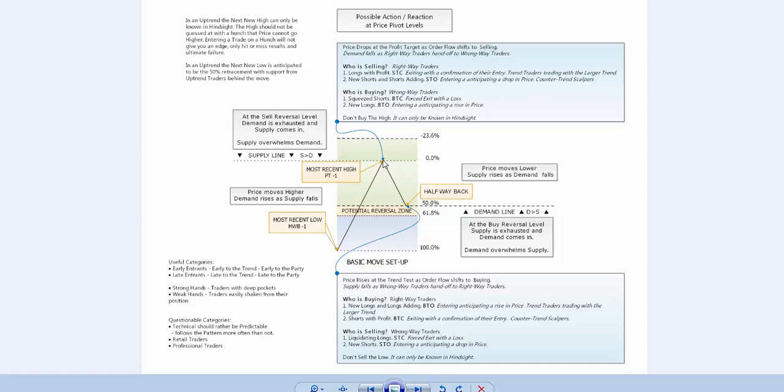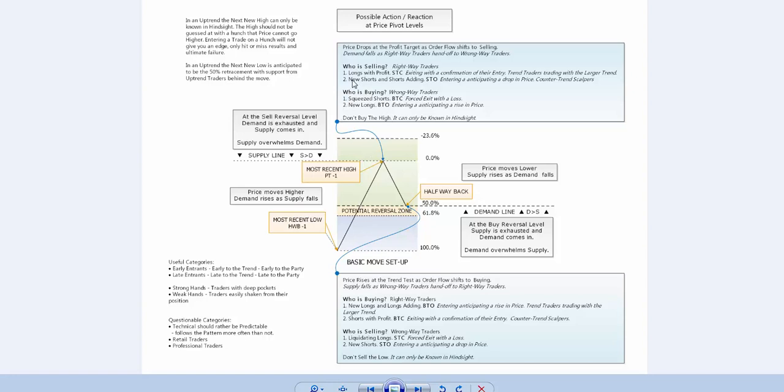Who else is selling at this high? New shorts, and shorts adding. They're selling to open a position. They're entering it in anticipation of a price drop, and they're also counter trend scalpers, anticipating a pullback down into the support level. So inside of this halfway back long,